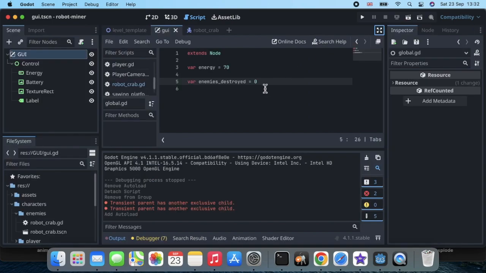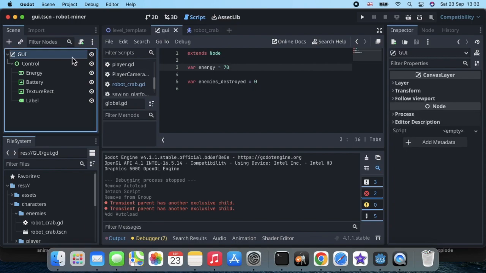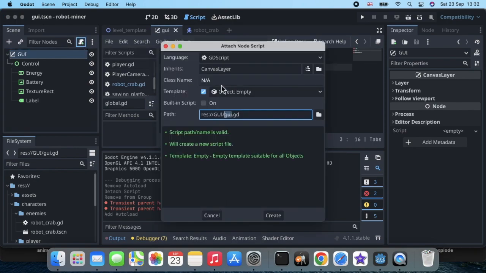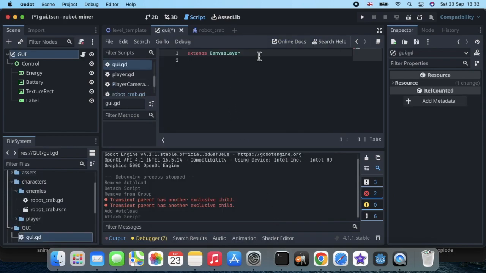Now we need a script for the scoreboard to tell it to read these values and display them. So I want to go to GUI. Want to go into this icon here, attach a new or existing script. Click it. Empty script again, that's good. Going to save it with the GUI, that's good. Excellent. And I just want 2 functions. One to update the energy, which I'll call func update energy,